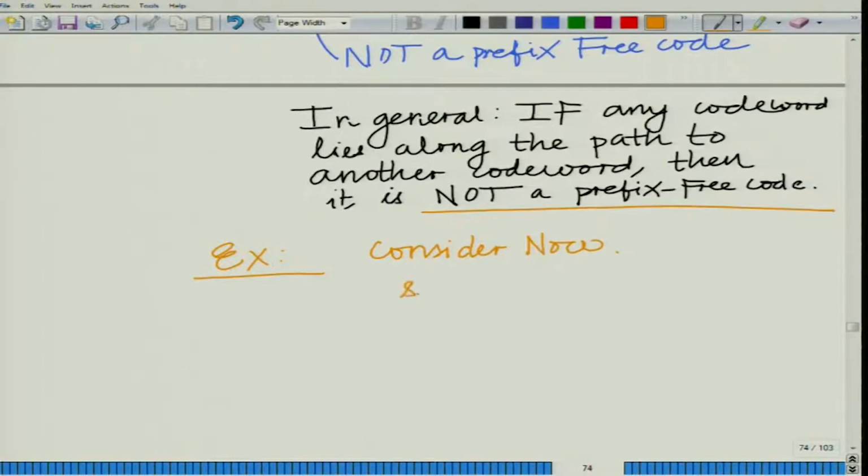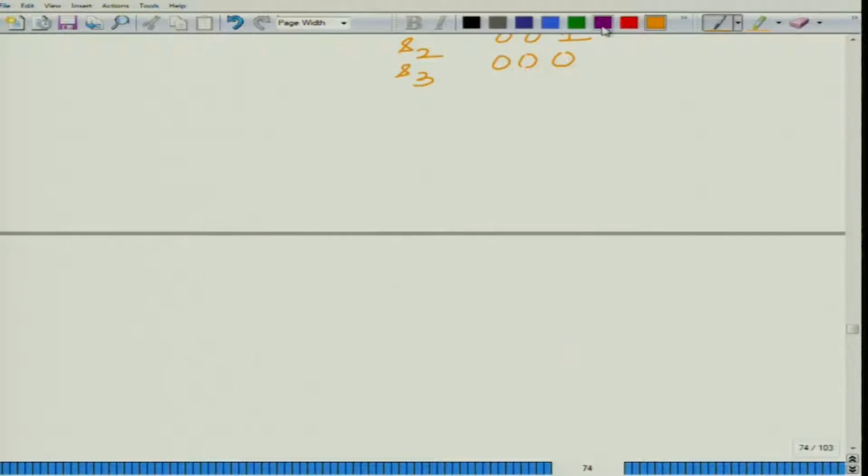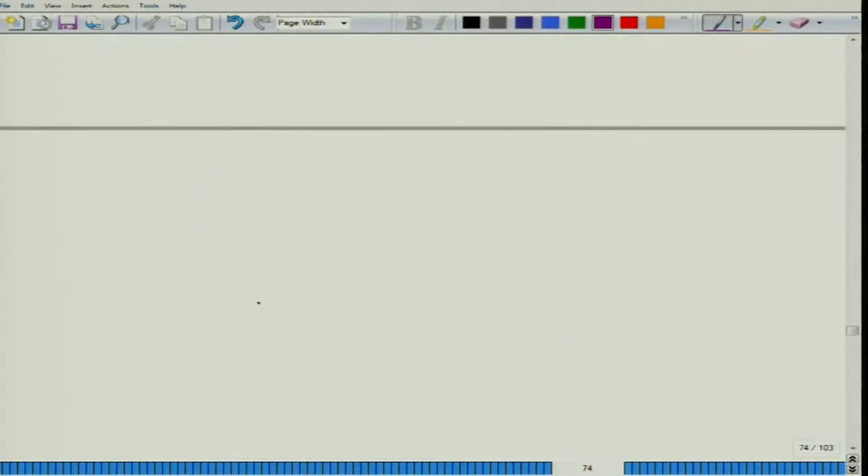Consider now S0 represented by 1, S1 represented by 0 1, S2 represented by 0 0 1, and S3 represented by 0 0 0. Now, if you look at this code, let us look at the binary tree